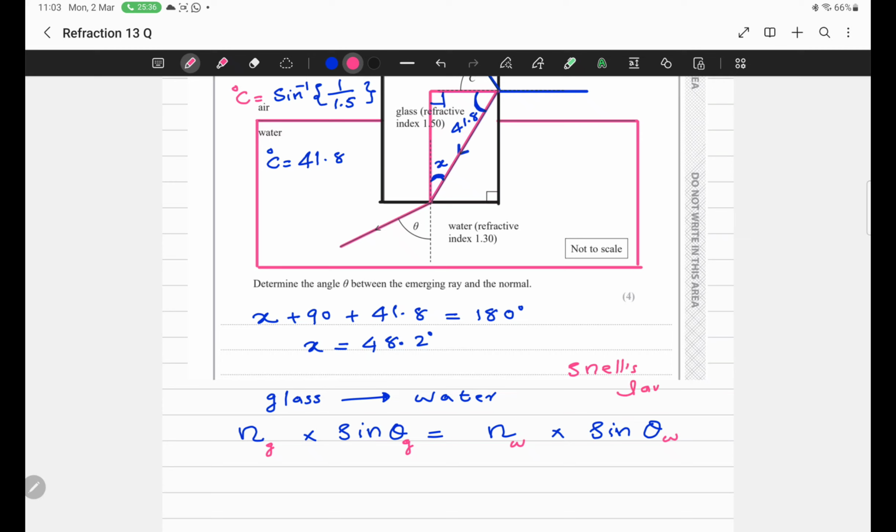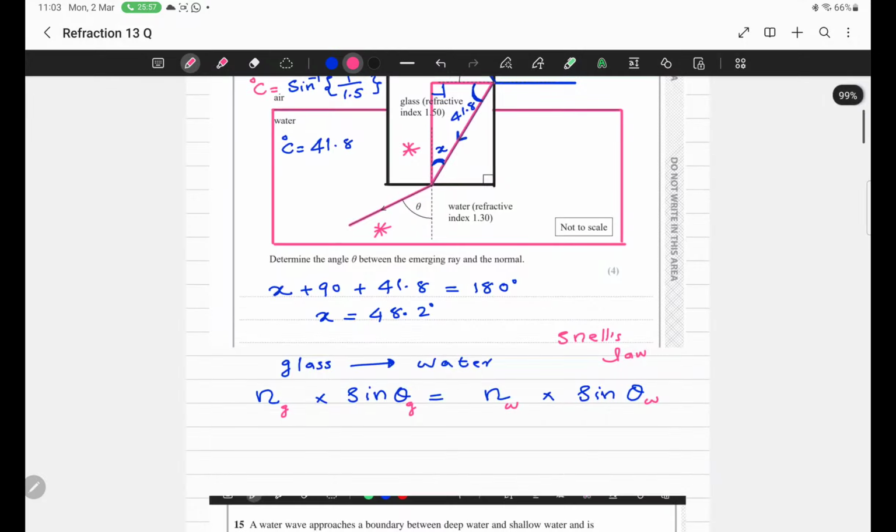Snell's law is the product of refractive index and sine theta. So this is the refractive index in glass into angle in glass, and this is the refractive index of water into angle of water. And now we are putting the values. So the refractive index of glass is 1.5,